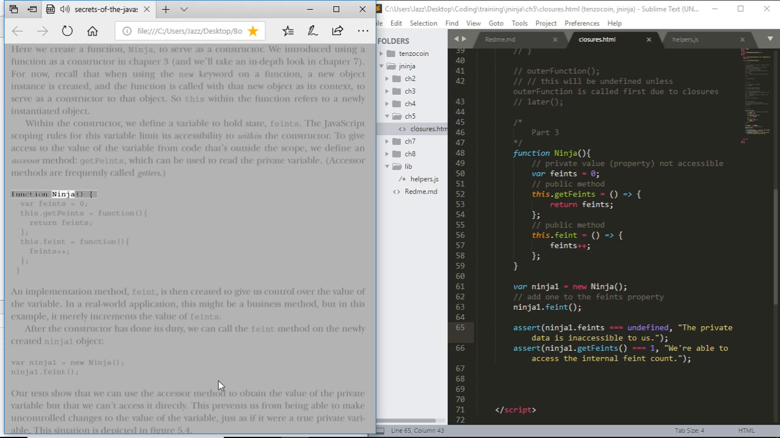function Ninja() { var faints = 0; this.getFaints = function() { return faints; }; this.faint = function() { faints++; }; } An implementation method, faint, is then created to give us control over the value of the variable. In a real-world application, this might be a business method, but in this example, it merely increments the value of faints. After the constructor has done its duty, we can call the faint method on the newly created Ninja1 object, var ninja1 = new Ninja(); ninja1.faint();